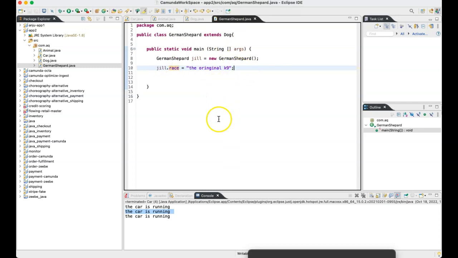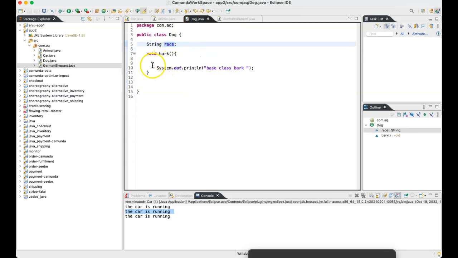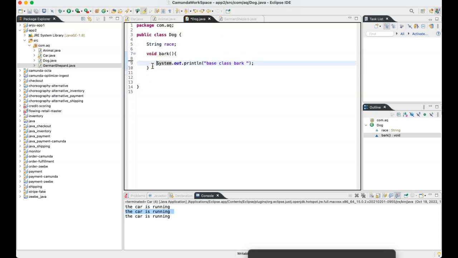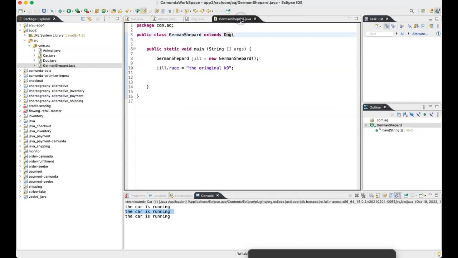Okay, perfect. So race is something which you're able to access. Now, where did I define my bark method? In the dog class, right? If you see, I have this bark method inside the dog class. Every dog can bark. Do we agree? Same thing is true for German Shepherd also.